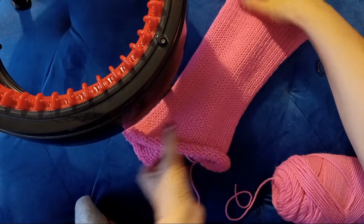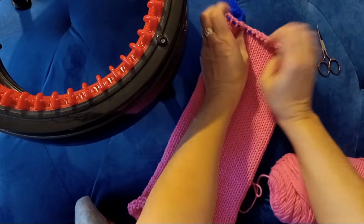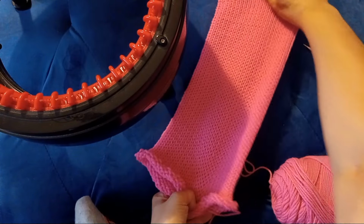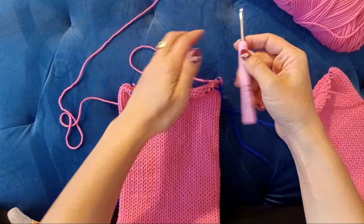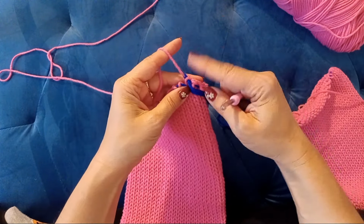So here's part of the sleeve. I will continue the ribbing part on one side and I'll attach it from the other side. So these are 75 rows here. So here the sleeves are ready. I got a larger hook, 5mm, and I did not cut my yarn on this one,